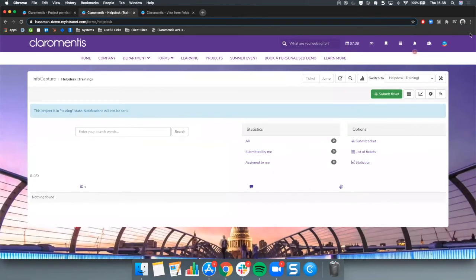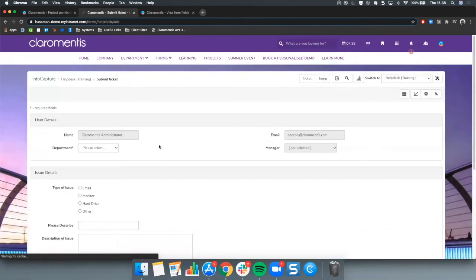And this is now going to allow us to submit a ticket, as mentioned, based on the permissions we have. We can see that my name, or my profile name, at least on here, has been populated. It's taken the email address from my profile as well. We have our